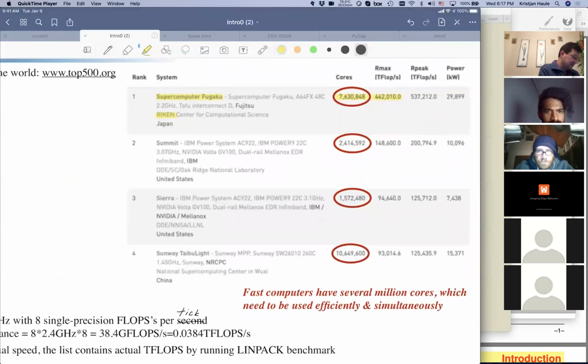Now, next one on the list. The US is not first, and it hasn't been first for quite some time. Before that, I think the first was actually China. But the second one currently on the list is Summit. This is a US IBM system, which has, what is it, 3 gigahertz, NVIDIA